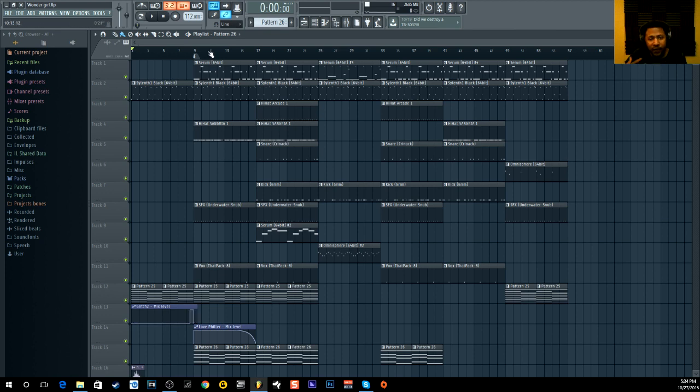I like to filter out a lot of my choruses. If you ever noticed, a lot of my choruses either had the first part filtered out or the second part filtered out. Now, why do I do that? I believe every 8 bars needs to be different. Whether it be the chorus or the verse, every 8 bars has got to be different,